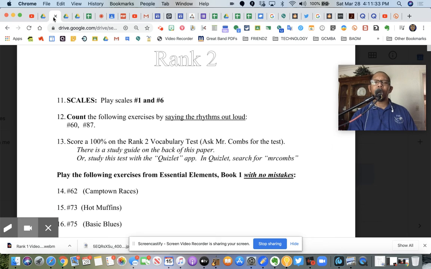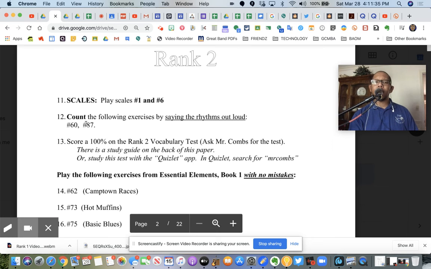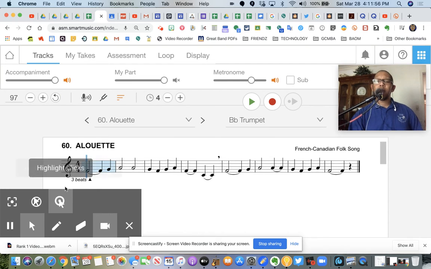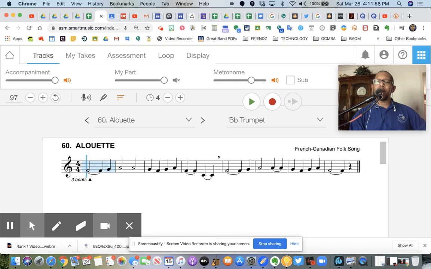Next, let's go to point 12. And it says, count the following exercises by saying the rhythms out loud. So we're going to number 60 and number 87 in our books. And we're sticking with using SmartMusic here. Great, great tool. All right, so in my counting, I see we have our time signature here, 4/4, 4 beats